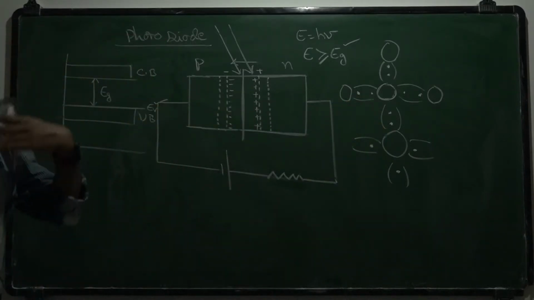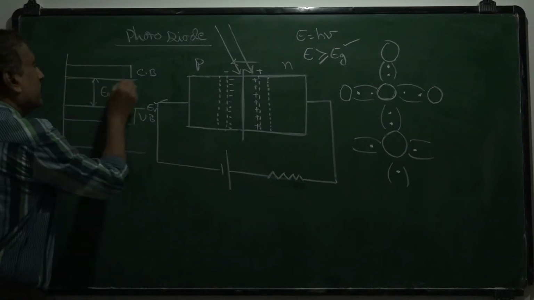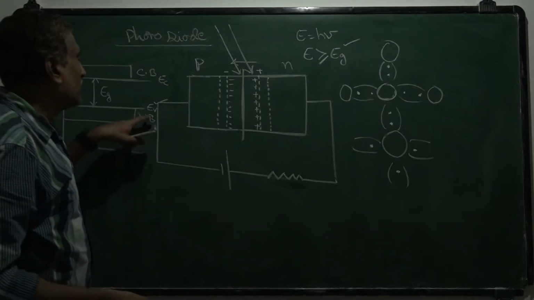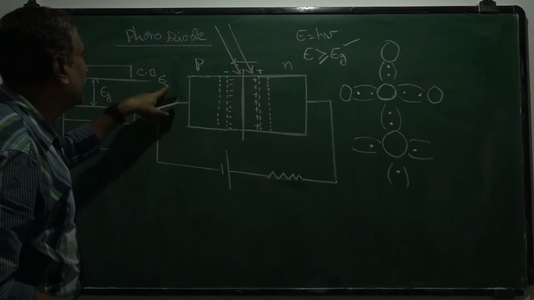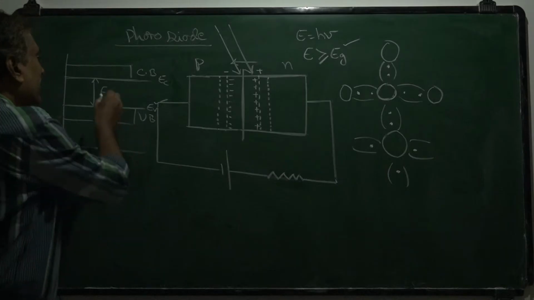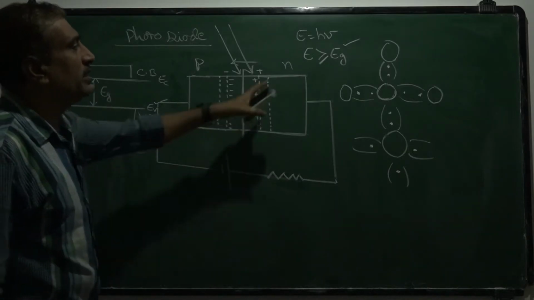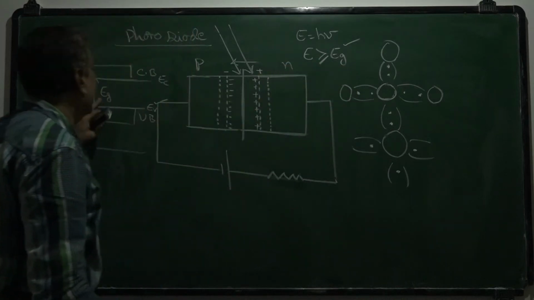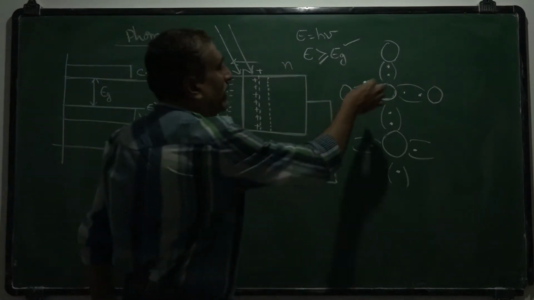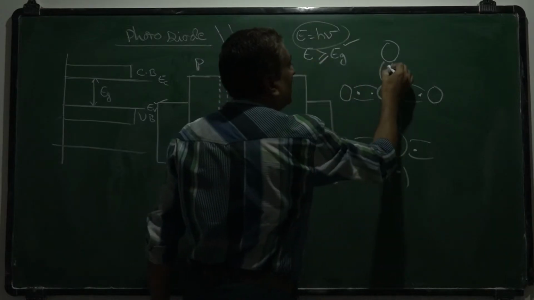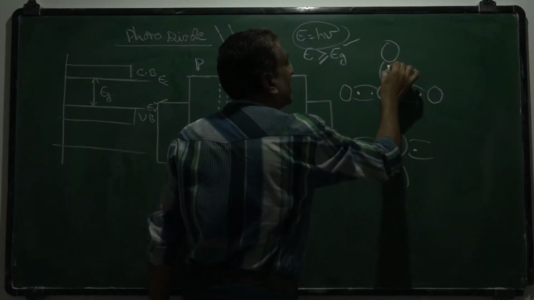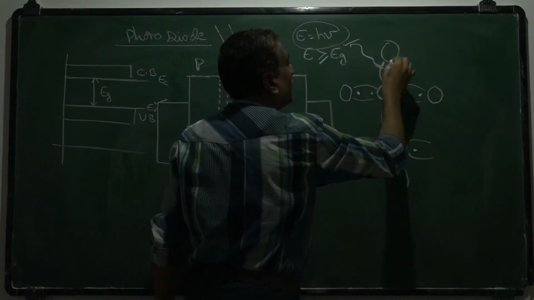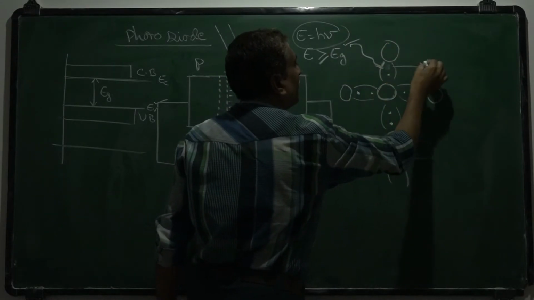When they become free electrons, their energy may be EC. So to get an electron from energy EV to EC, external energy equal to Eg must be supplied. Suppose the incident photon has energy greater than or equal to this forbidden energy gap. What happens is, by absorbing this light energy, these electrons are excited, so that this photon dislodges the electron and creates a hole here.